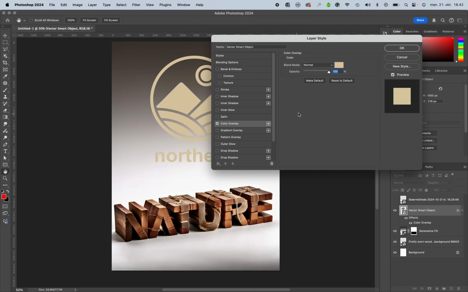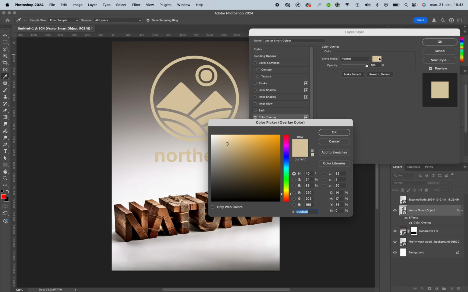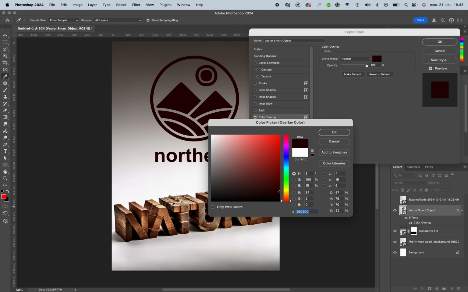Apart from just checking it on here, I can also go into the settings and see what is actually happening. So it's using a color overlay function. It's kind of putting a layer over whatever it is I have here. It's adding a certain color, and it's also using a blend mode. And the blend mode will blend this color with the color underneath, which is right now black. So in this case, I will just change the color of this, and maybe I will say white. I don't think that actually works very well. Maybe I should choose a darker color. And I think I'll choose something